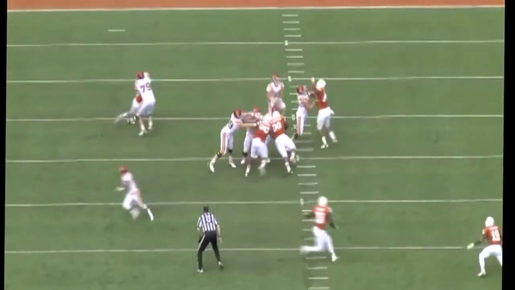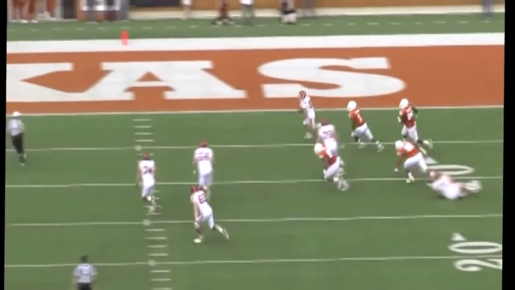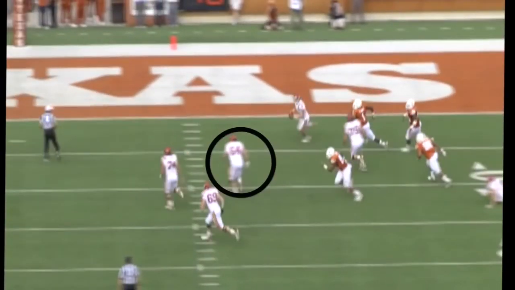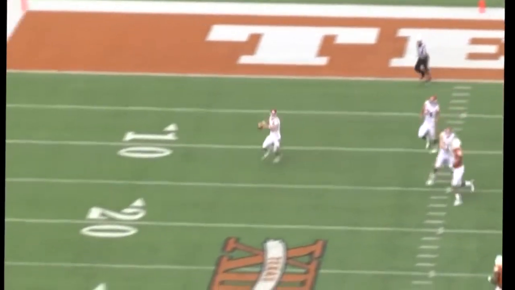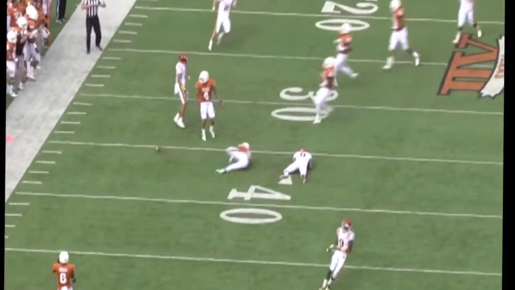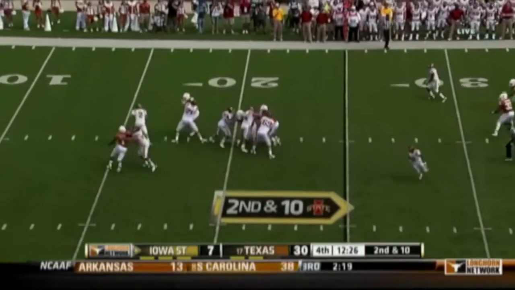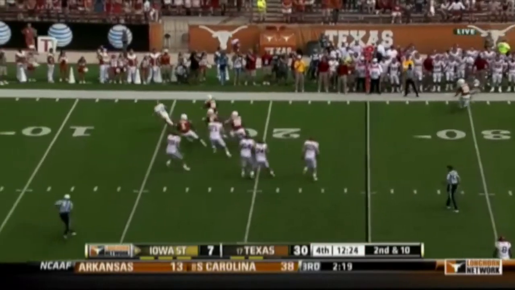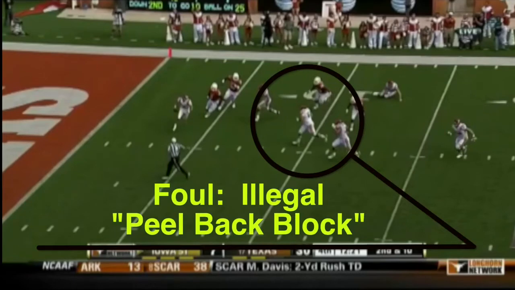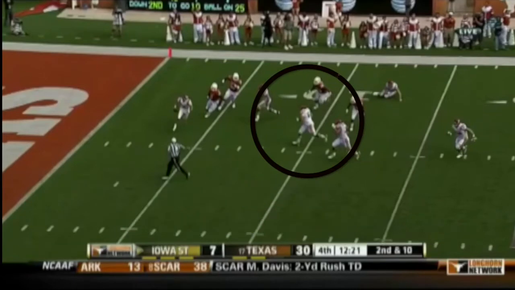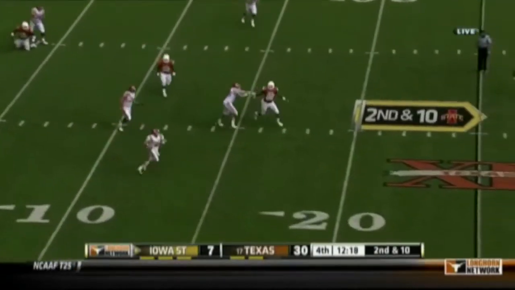Play number 9 is similar to a previous play and involves a lineman who makes a low block from the front, but because the quarterback has scrambled and the ball has initially left the zone, the low block zone dissolves and no Team A player is allowed to block low back toward his own goal line. Even though this block is clearly from the front, it is a peelback block and is illegal anywhere on the field because of the direction in which it is made. When going against the flow, Team A players must block above the waist but below the shoulders. We will talk about high hits on another video.